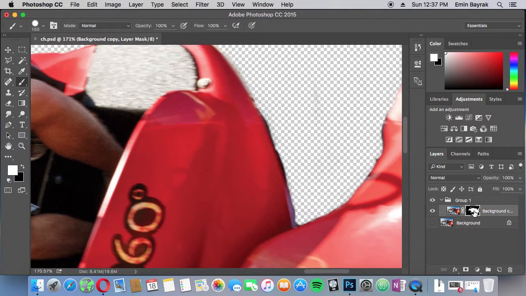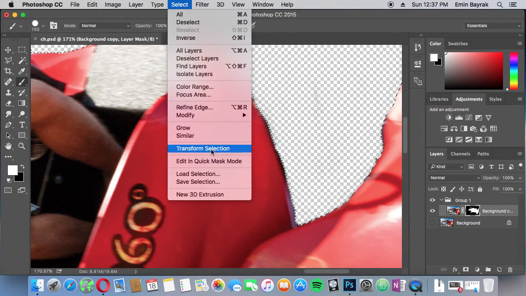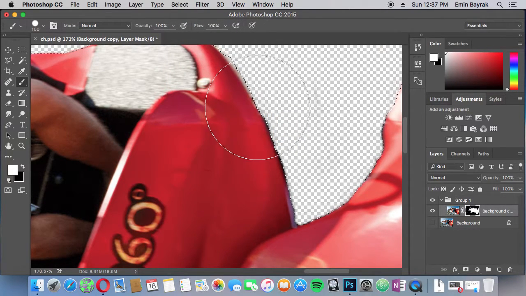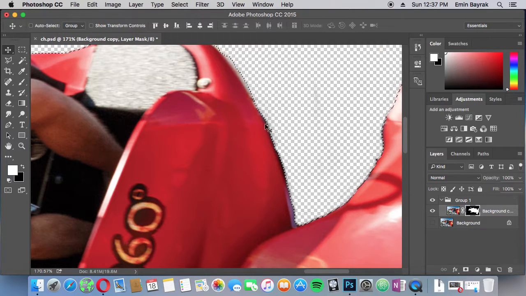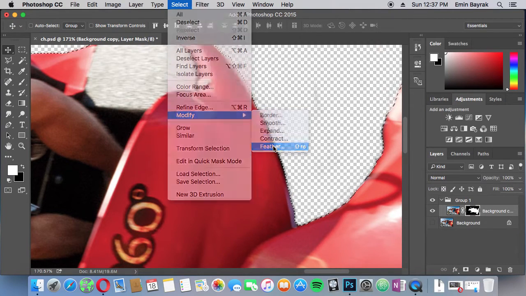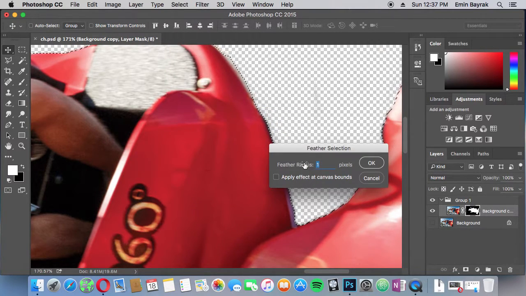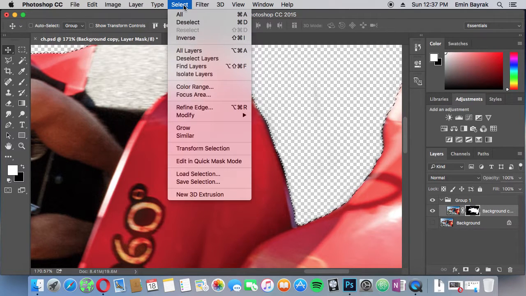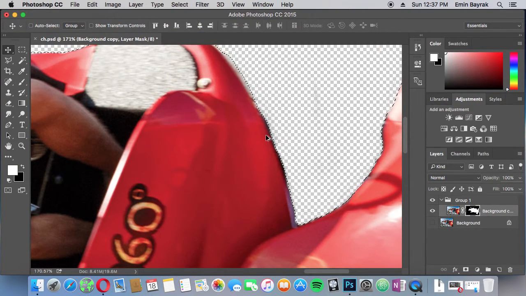Well, you can try one thing: you can hold your Command key or Control key and click the layer mask to select everything, and then you can go to Select, Modify, Contract, and apply 1 pixel. It's gonna contract your selection 1 pixel inside, and then if you go back to Select, Modify, Feather, you can apply 3 pixels, should be fine. What it's gonna do is smooth out your selection, and then again Select Inverse. I'm gonna inverse my selection,